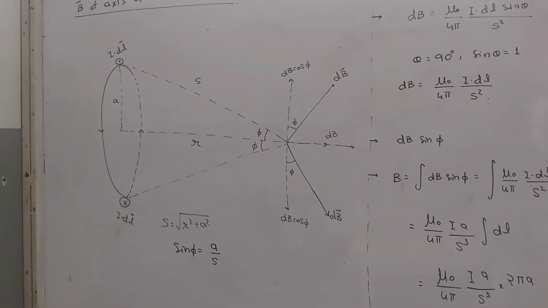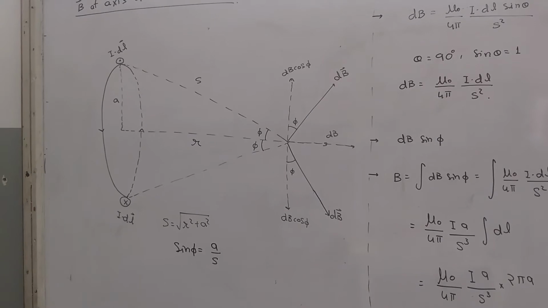Now see, here I have this current carrying loop. Can you see this current carrying loop? Now in this loop, this part is a solid part and this is the dotted part. Why have I drawn this part as dotted? Because this part lies on the back side and this part lies on the front side. So how is the current flowing in this? The current is flowing in the sense that from the front part the current is going downwards, and from the rear part the current is moving upwards.